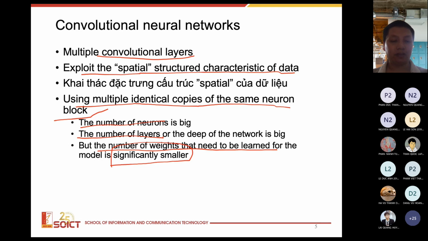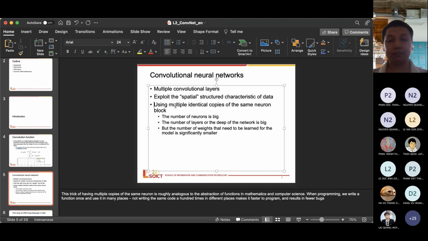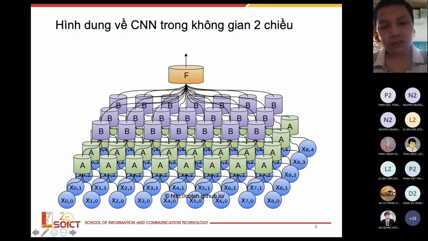Okay, let me correct the slide a little bit to remove the Vietnamese version. Okay, so